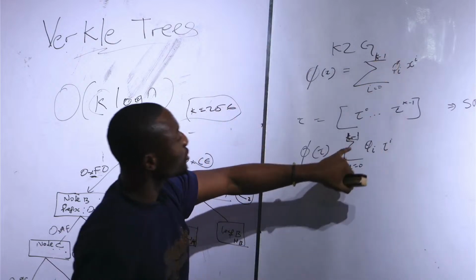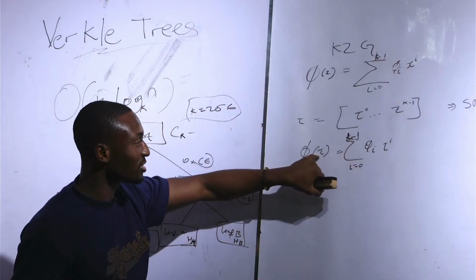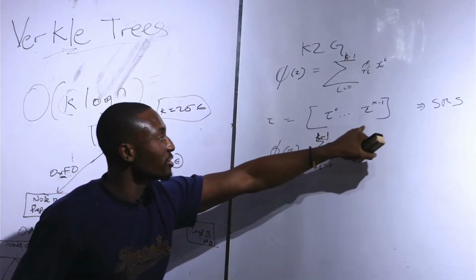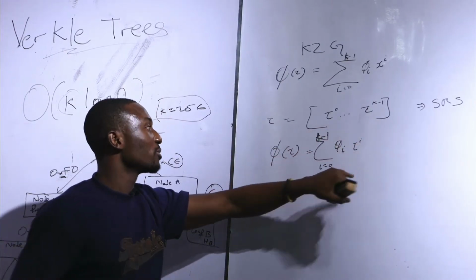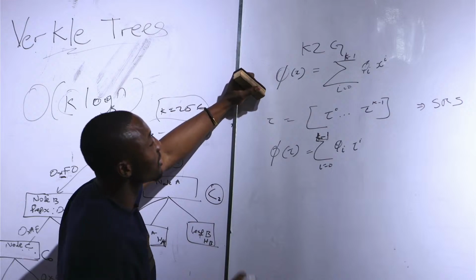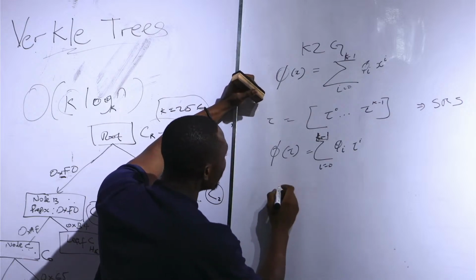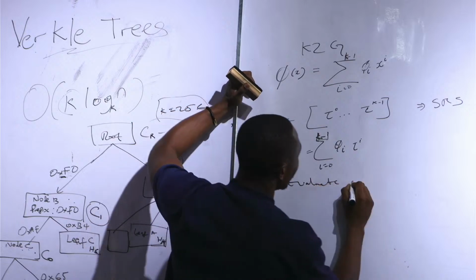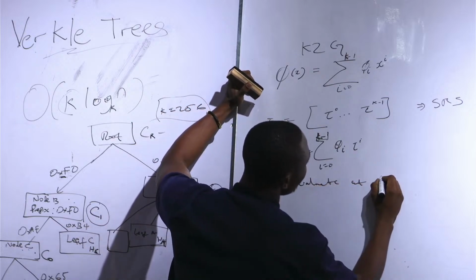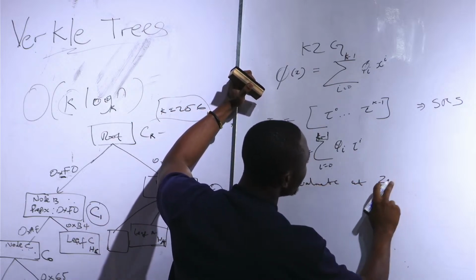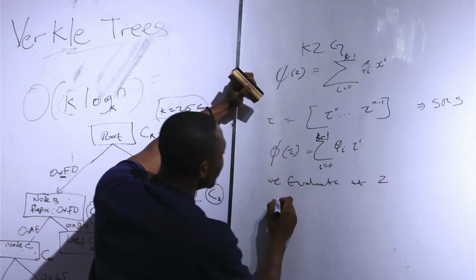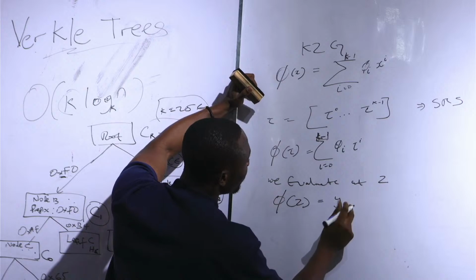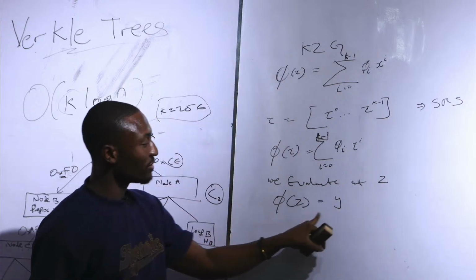So we can commit to the polynomial without knowing what this secret key is by just using our reference string. We commit to the polynomial. So if we want to prove, now, when you evaluate a polynomial, let's say we evaluate at, let's say, z. We evaluate the polynomial at z, so we have it equal to, let's say, a value y. So if we have this evaluation of a polynomial,